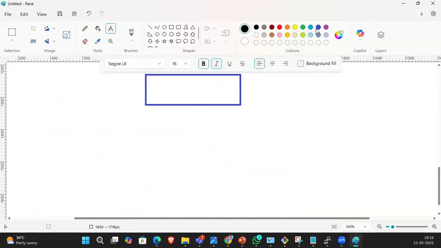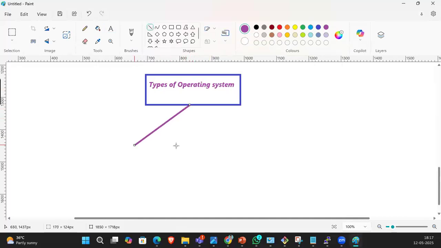Right? So now, types of OSs. How many types of operating systems are there, guys?